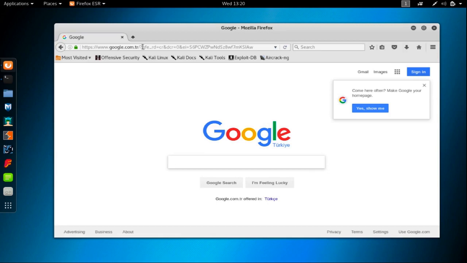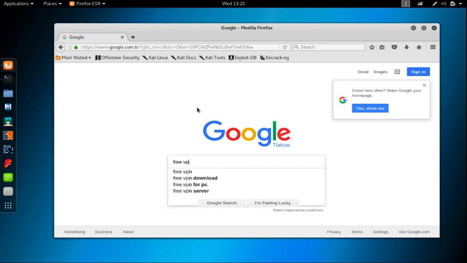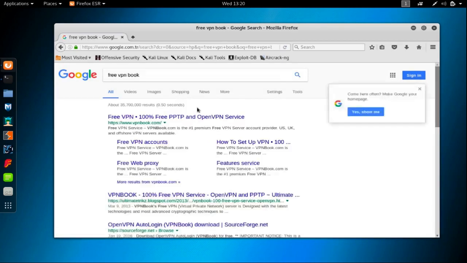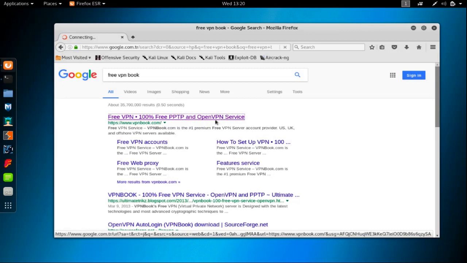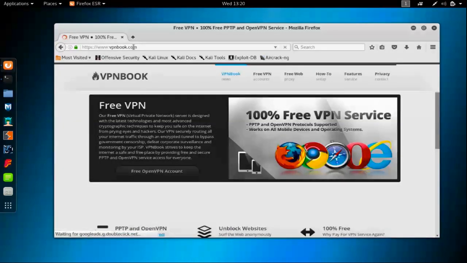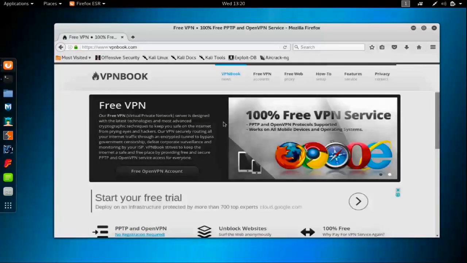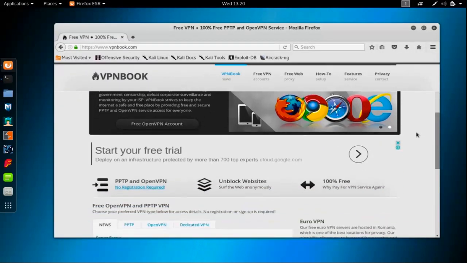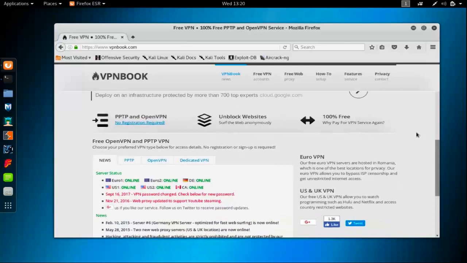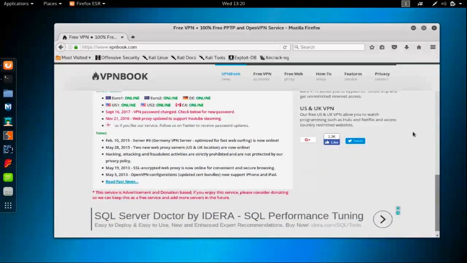Now the next thing we do is to find a VPN book. In order to do that, I'm going to Google free VPN book. Okay? So we use VPN books within Kali Linux in order to use VPN services. There are a lot of websites for that. I'm going to use vpnbook.com. This is mainly working. And of course, you may want to browse the other websites as well. But I generally use this